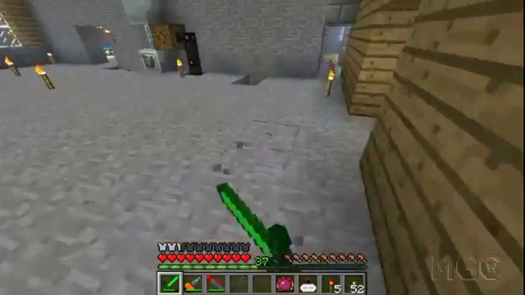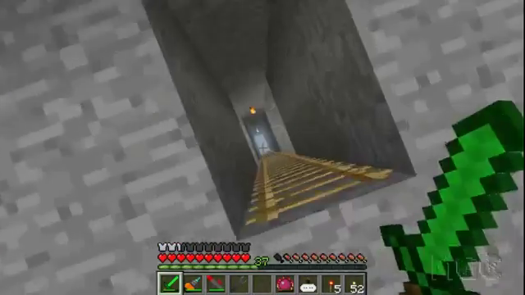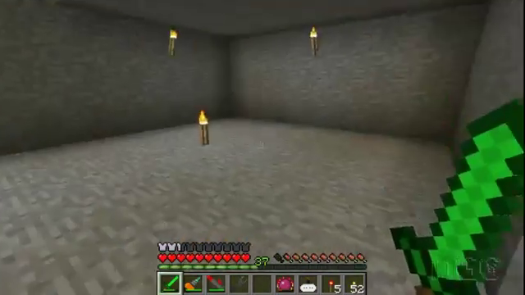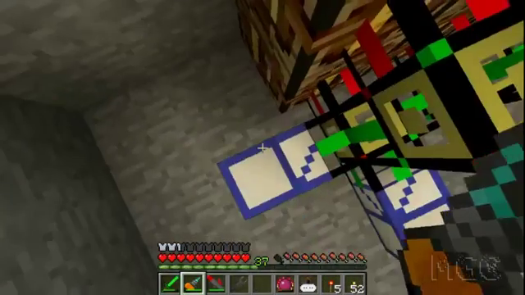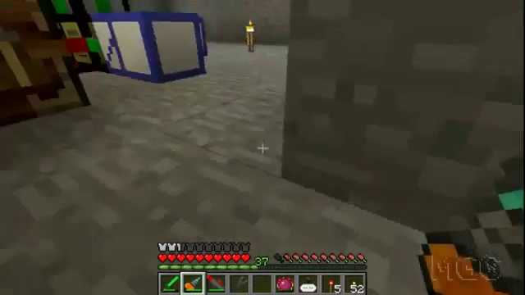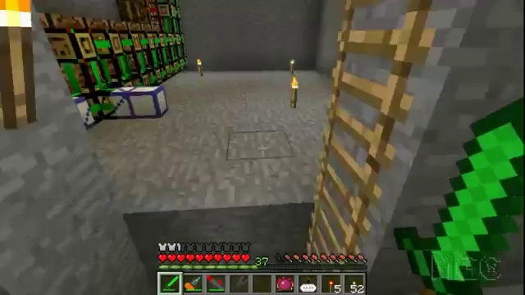Let's see. Actually, I do have an idea, kind of. I guess I could drag the power from, or I could just have a pipe branch off into this side. In fact, I'll do that. It's only like one thick. Okay, so I'm going to quickly